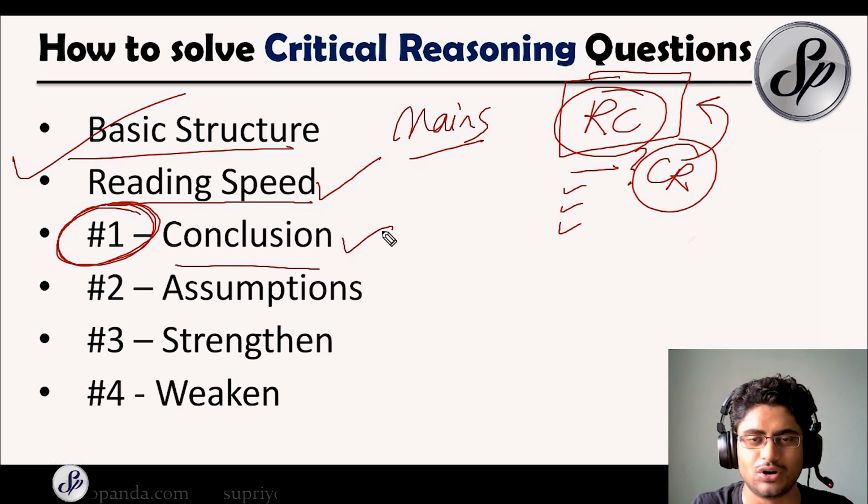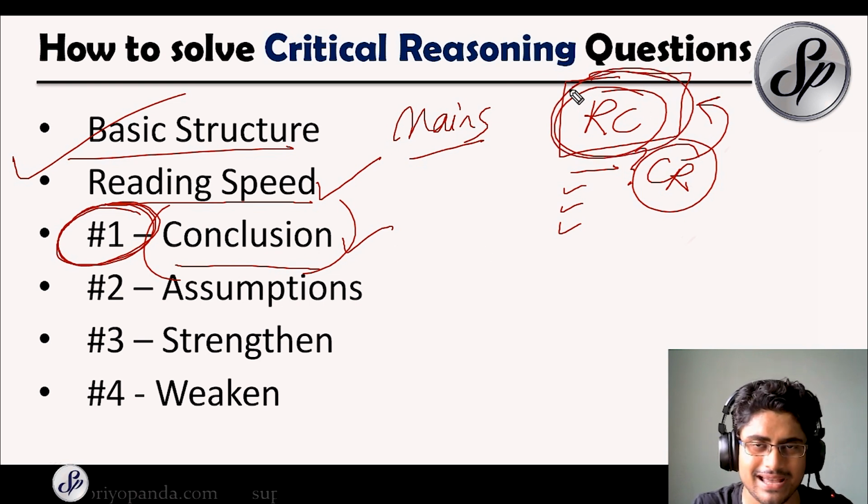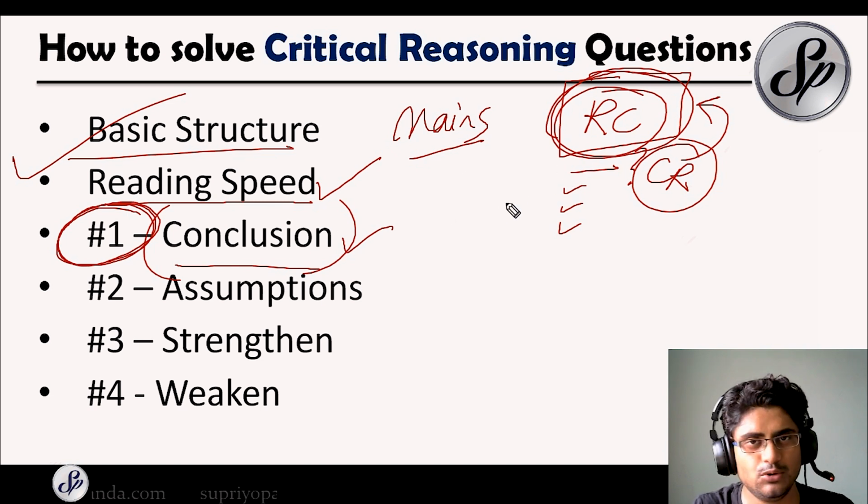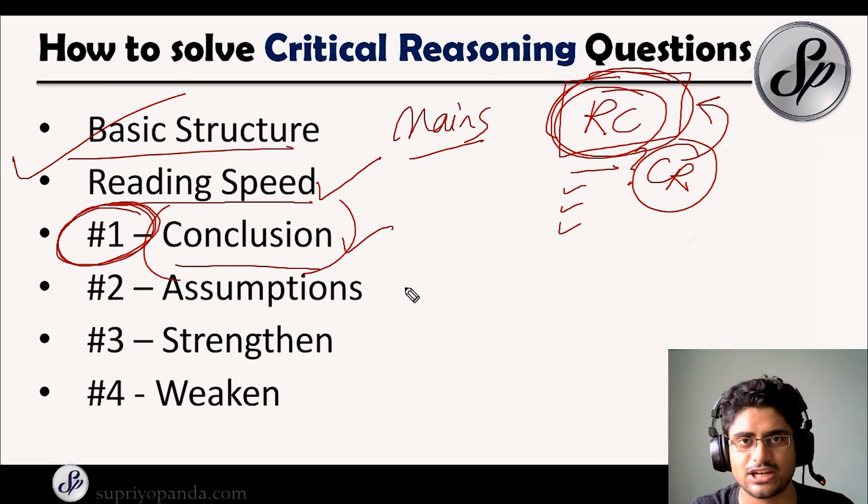The conclusion is not stated out, but it is inside the argument itself, and you have to somehow pick it apart. So that is something that you have to be good at. Always identify the conclusion first. If you can find out within this passage what the concluding thing is, then you can work your way backwards and you can always get to the answer. And as I told you, as you solve more and more questions, you are going to benefit. You are going to actually understand how this works.